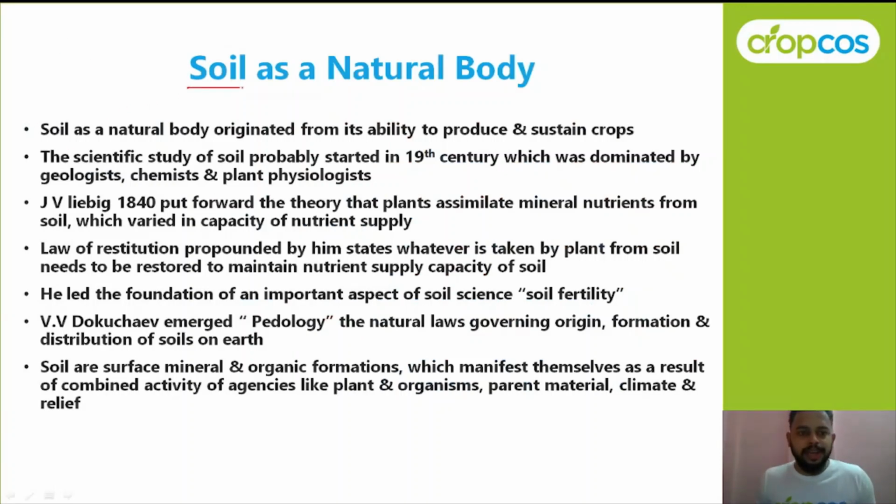Now soil as a natural body, ये एक बेसिकली एक कंसेप्ट है. What is meant by soil as a natural body, ये आप लोग समझ सकते हो.